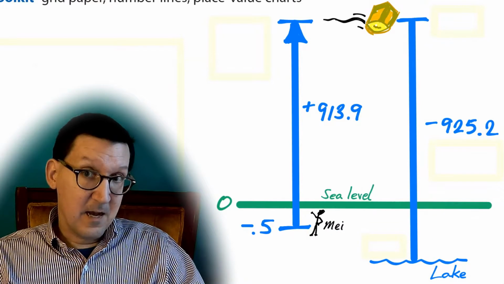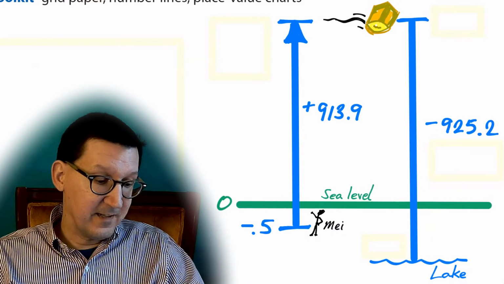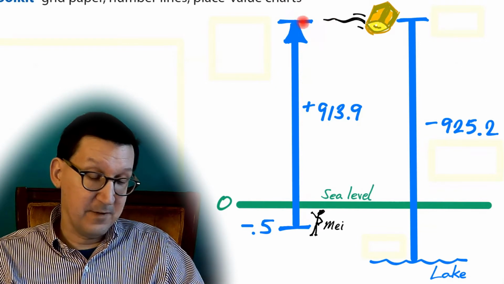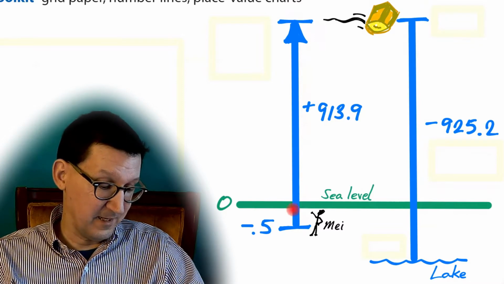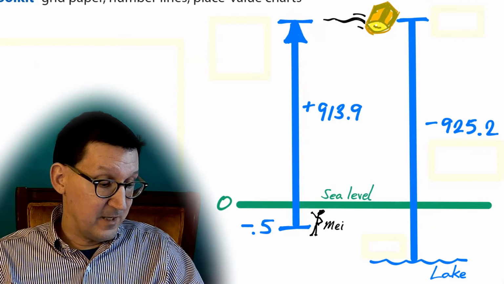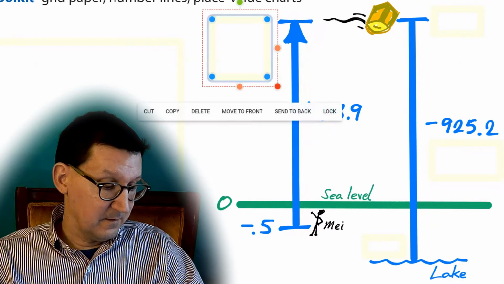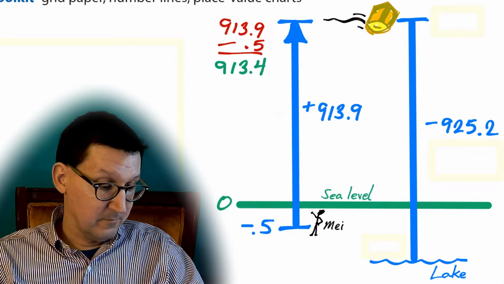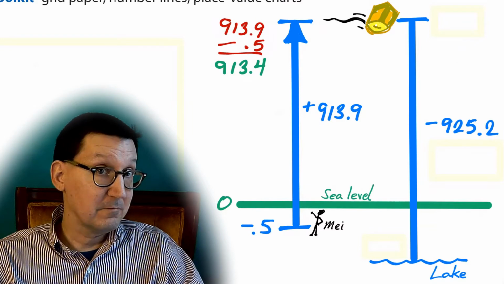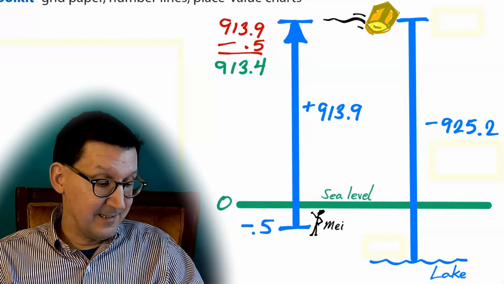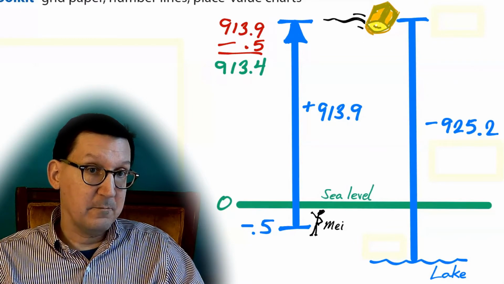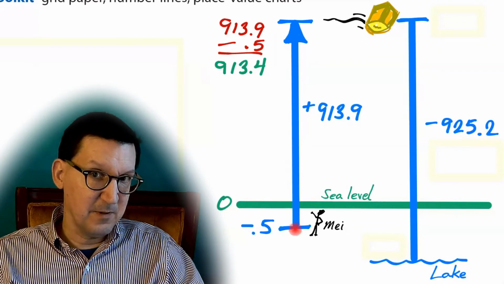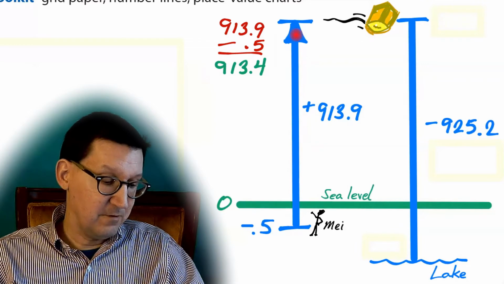Well, to find out, one thing we can do is find out what this top elevation is, right? How high does it get altogether? It rises 913.9 meters, but remember, we're not starting from 0, we're starting at 0.5 below 0. So what we can do is figure that out by saying 913.9, which is how far it goes up, minus 0.5, which is how far below ground level we started, and we get 913.4 meters elevation, right? So in other words, you're finding the whole distance minus the part that's below sea level. So that gives you the distance above sea level,